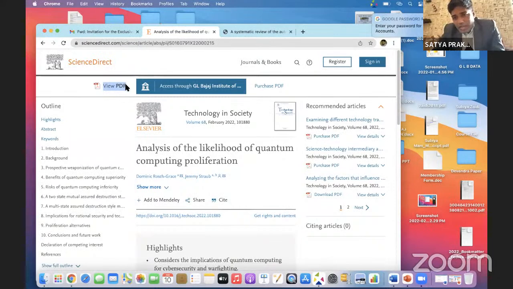As I discussed earlier, there are two modes to publish papers. One is open access, another is subscription mode. This is subscription mode. The author has not paid any amount to the journal to publish his article, but in open access, the author or their institution pays the amount to publish the article. What is the difference between open access and subscription mode?